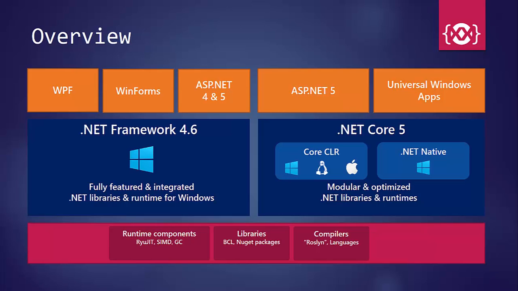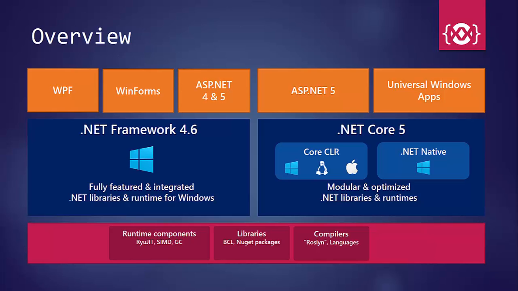Moving up on the stack, we get the .NET Framework 4.6. Now that is basically the full .NET framework like we know it today, including more additional features that will allow us to cross over from the old .NET to the new .NET Core. So the full framework 4.6 is a highly compatible in-place replacement for the older versions of .NET, being version 4 to 4.5.2. It also has a full support for any .NET API and libraries in the market.